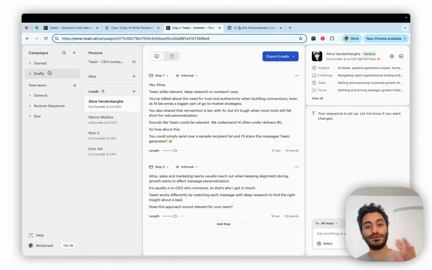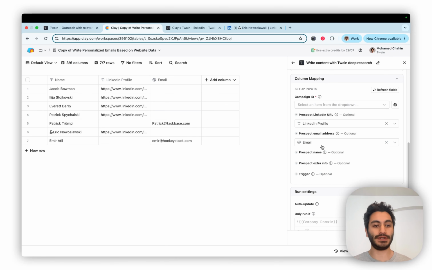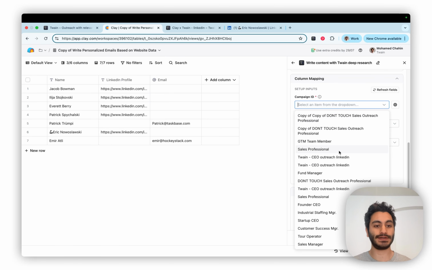Just take one, two, three, a few example leads, add them inside of Twain, and work with Twain on the copy. We have videos and best practice on that as well, on how to set up the campaign. And then once you're happy and see the results for a few leads, you'll go to Clay and you select the right